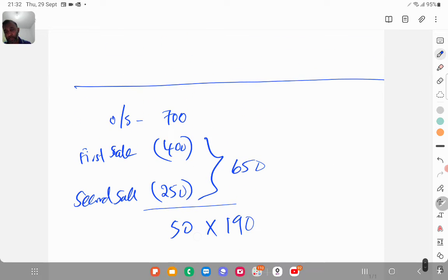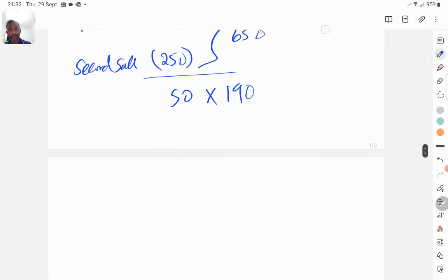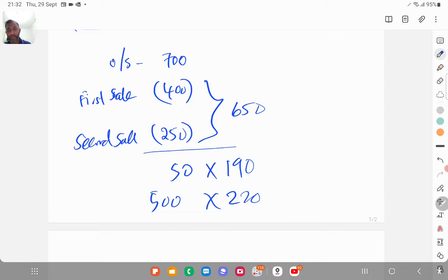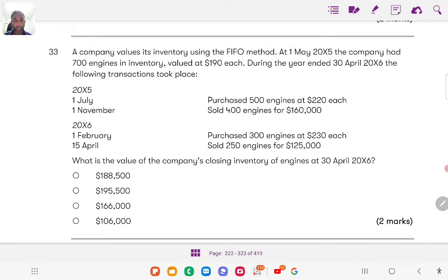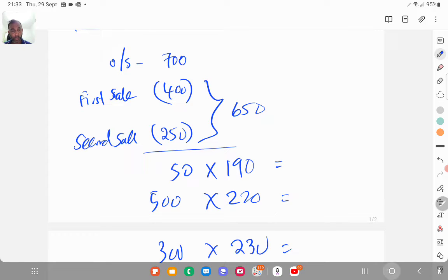The second one, we have two more purchases. The first purchase is 500 at 220. So what you do is 500 at 220. Second bunch of purchase is 300 at 230. So if you use a calculator here, so what you do is